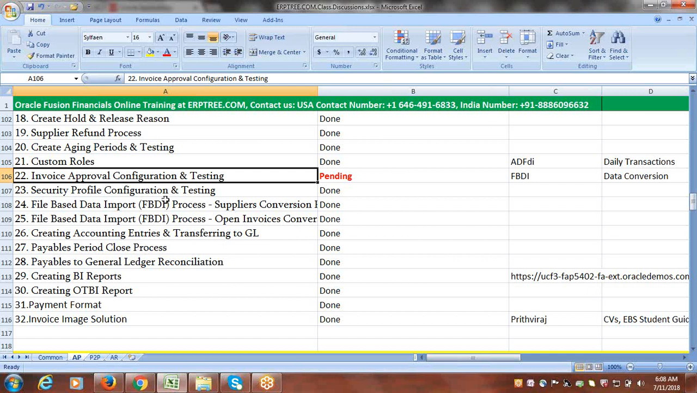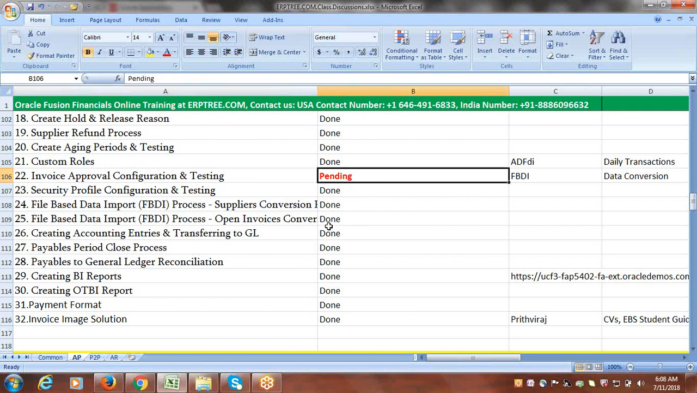In most of the instances, I'm talking about demo or training instances or say Vision instances, this functionality is not working. So that is the reason it is still pending. We will be covering it. So only one topic is pending from the payables side, and we're done with the P2P